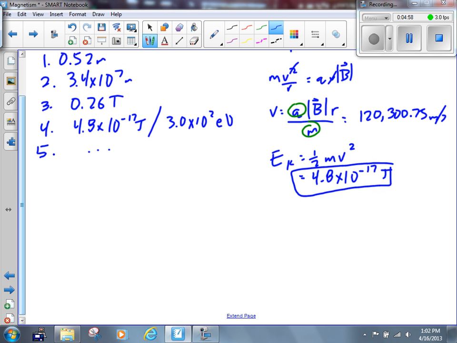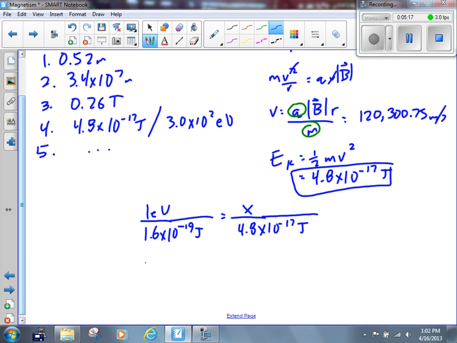I'm going to do that by setting up that ratio that I told you to set up when we first learned what an electron volt was. 1 electron volt is equal to 1.6 times 10 to the minus 19 joules. That's equal to x electron volts over 4.8 times 10 to the minus 17 joules. The 4.8 goes up by multiplying. X ends up being equal to 300, or 3.0 times 10 to the 2